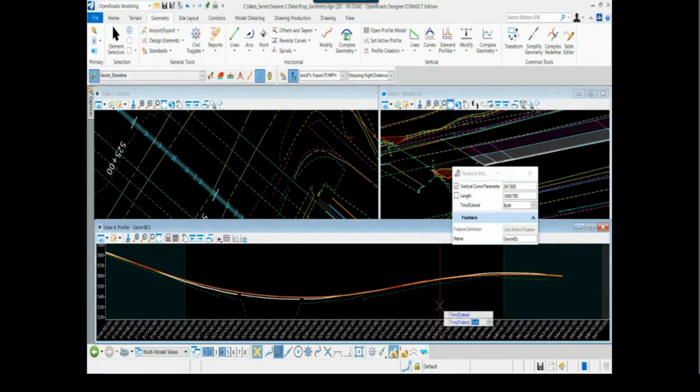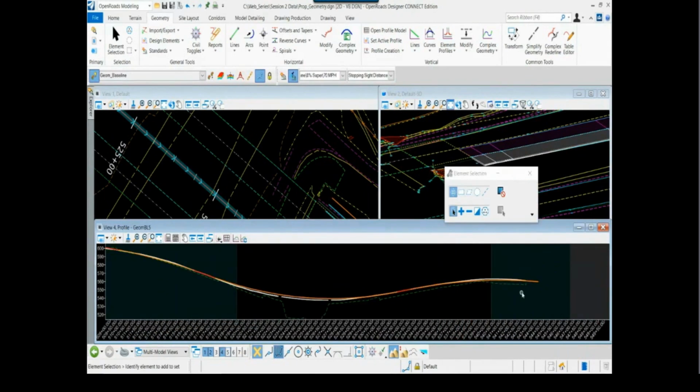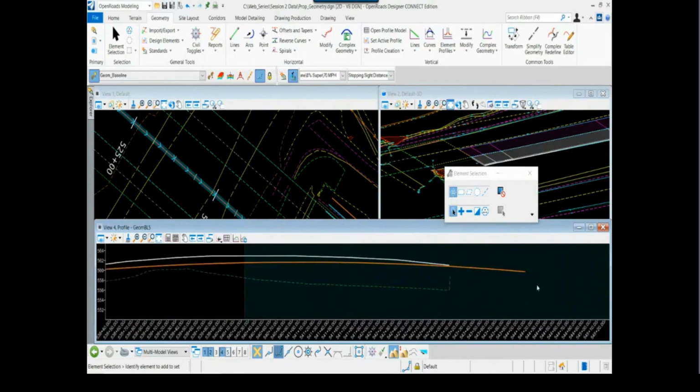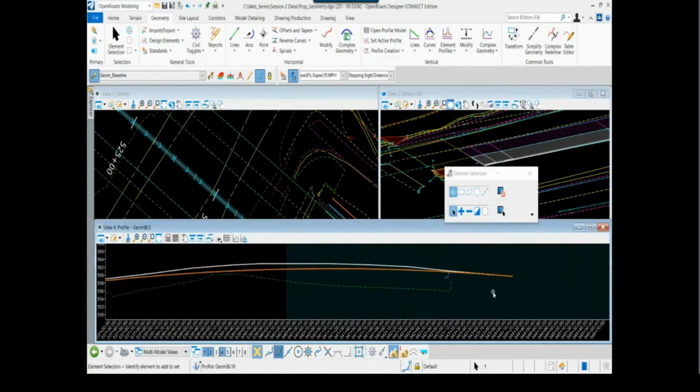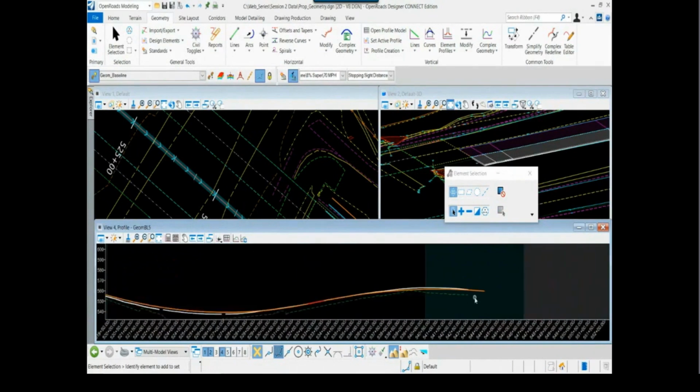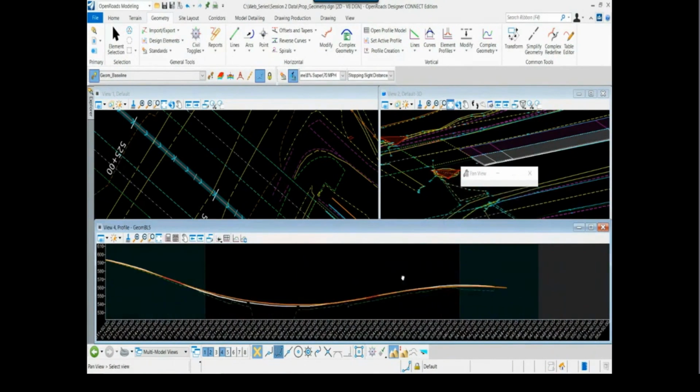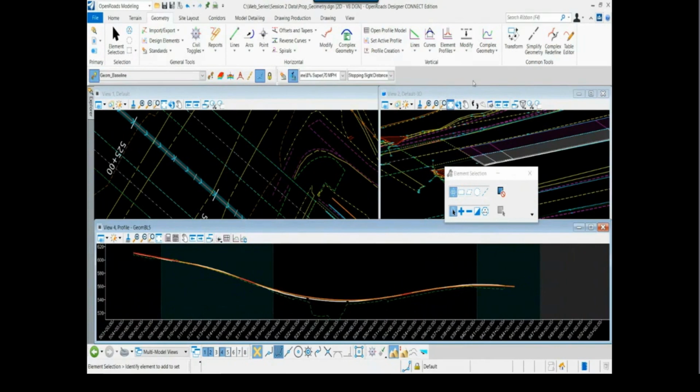So at this point, we are in the same place as we were before. We've got individual vertical elements. Okay? And now we need to put them together. Now to do that, we'll go here. There's complex geometry. Be sure to use the complex geometry tool under the vertical tool set. So I'll click that, and to do this more quickly, I'm going to set it to automatic. We'll call it Highway 72